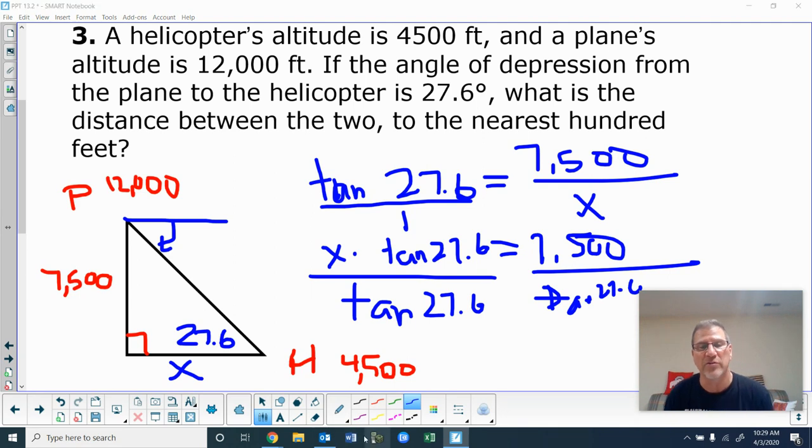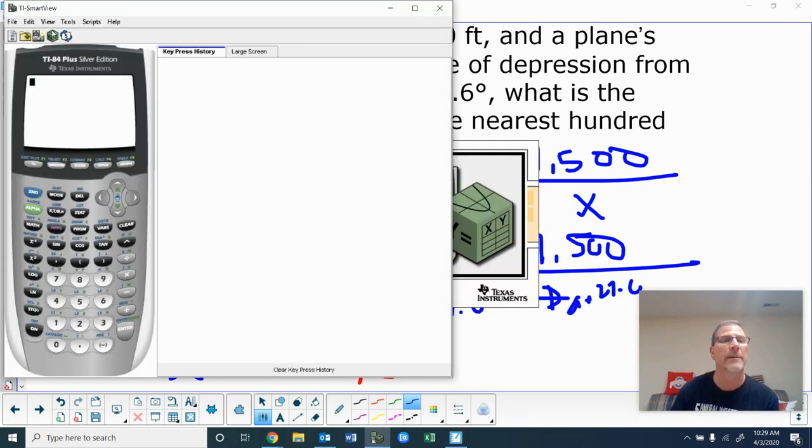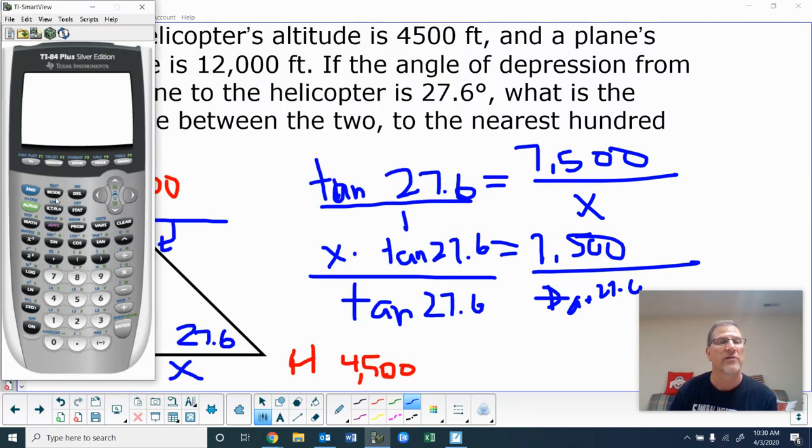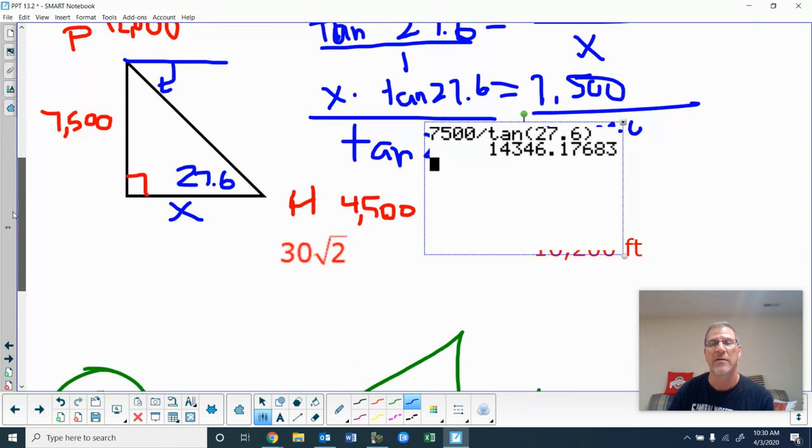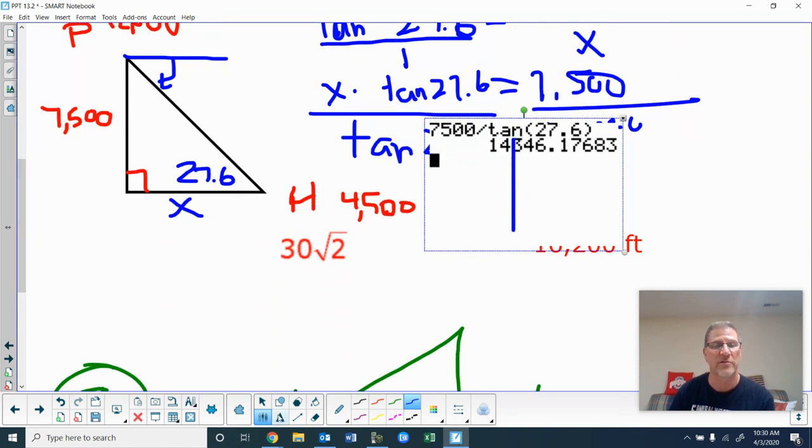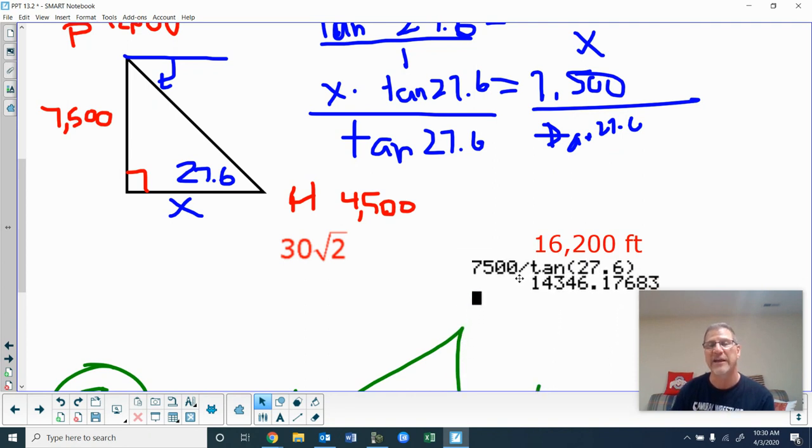Okay, remember to make sure you're in degree mode. So I'll get my calculator out and do it. Again, hit mode, make sure it's in degree. It is. So 7,500 divided by tangent of 27.6. Close it up. So we get 14,346 feet. Okay, so it looks like the answer there